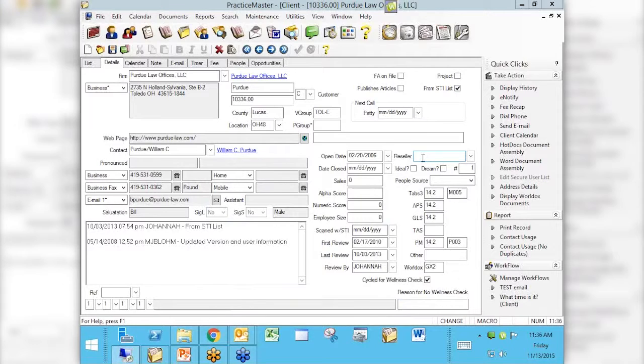But by taking not just aspects of your desktop, not just parts like Tabs3 Connect does or Worldox Web Mobile, not just parts of Worldox, not just parts of Tabs3, not just parts of PracticeMaster, but the entire desktop and putting it in the cloud. You're able to do it less expensively than getting up to Platinum. You're able to do it with much better connectivity, meaning your applications are all there. You can do everything you need to do in everything, and they're already hooked together the way you've got them